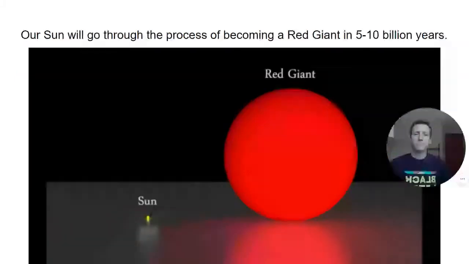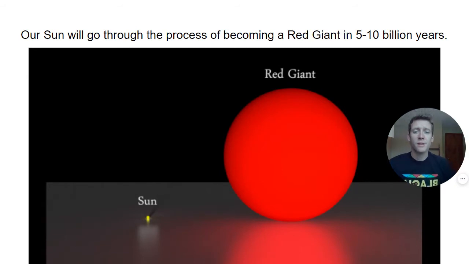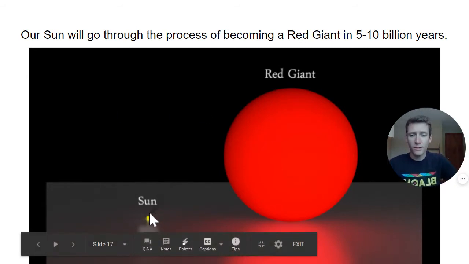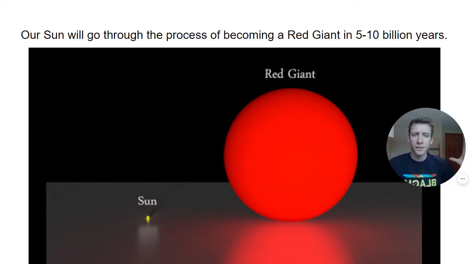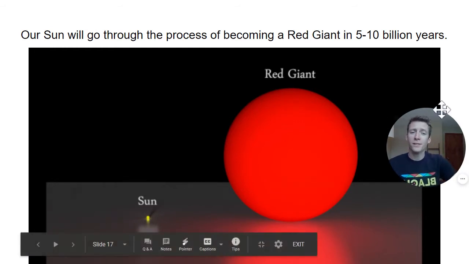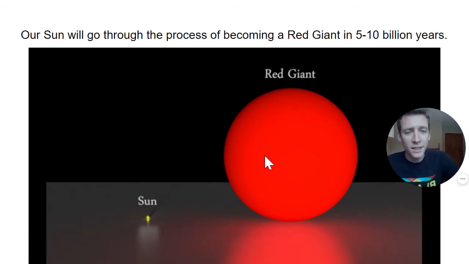Here's a nice comparison of the size difference. You have to picture this little guy over here, which, I mean, is not actually small, right? When you look in the sky, you can see that the sun is actually pretty big, considering how far away it is. But compared to a red giant, it looks tiny. You have to picture that the nuclear fusion reaction occurring in the sun versus this red giant is not nearly as powerful. When you're fusing hydrogen into helium, like we are in the sun, it's not nearly as powerful as when you fuse helium into beryllium or carbon or oxygen or silicon.